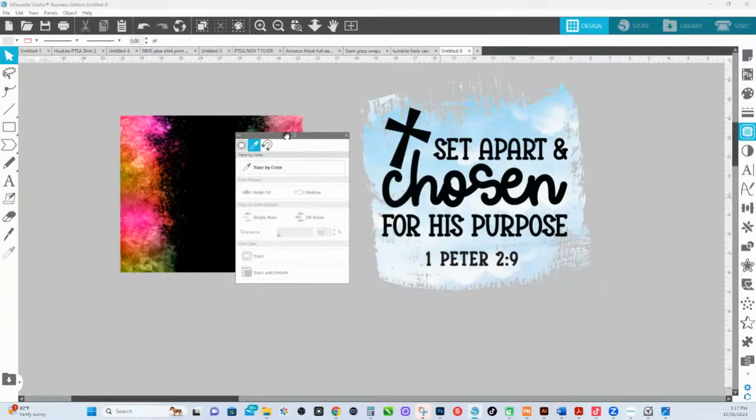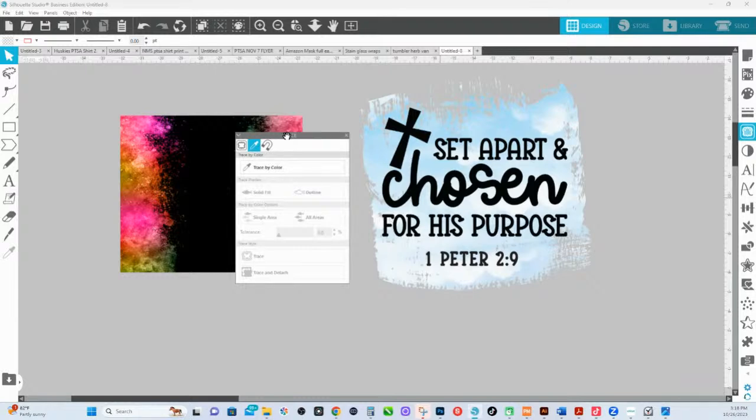But most often when these files are just open, like if you were just to use it on its own, most people's first instinct is to trace and detach because it is a PNG or a JPEG. But I forgot, I did show y'all the final one, so you know that you have to trace. So, okay, some people are saying trace by color. Yes, you definitely can do the trace by color, but regular trace works because the background is super, super light,